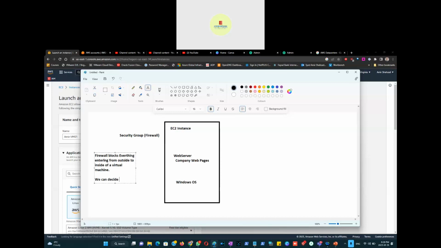we can decide which traffic from which IP source is allowed to connect to the virtual machine, right? So we then decide what type of traffic is allowed, what type of traffic is not allowed. For example, you need to know that obviously port 3389 we are allowing. So 3389 is